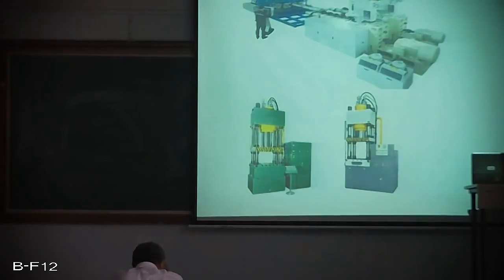Hydraulic presses have two types, the horizontal type and the vertical type. The horizontal type, you can see over here, takes more floor area. There is some amount of deflection as well as a problem with alignment. And in the case of the vertical type, it consumes less floor area and the extrusion length will be drastically reduced.